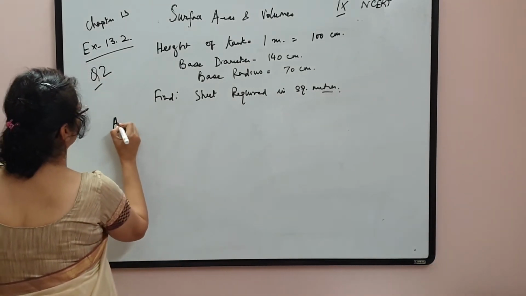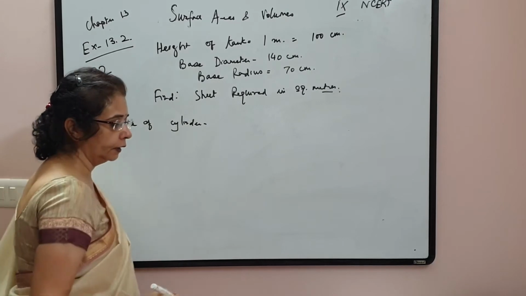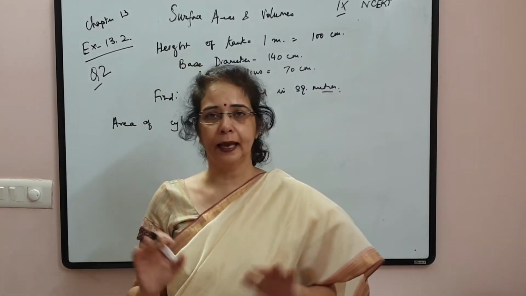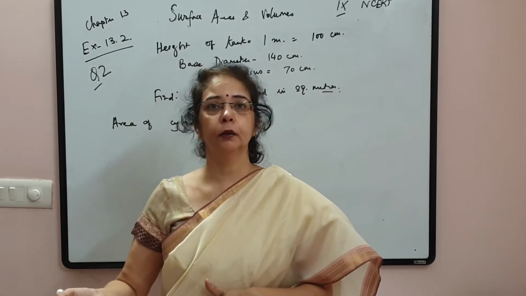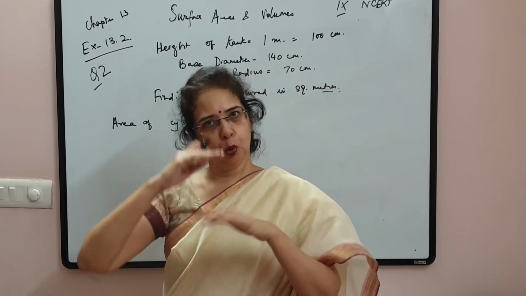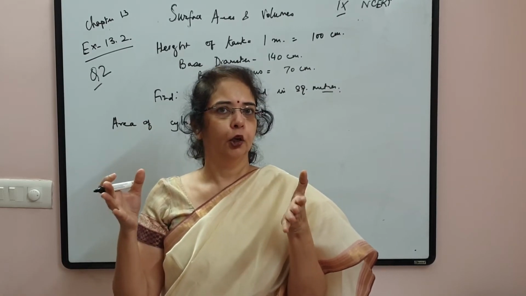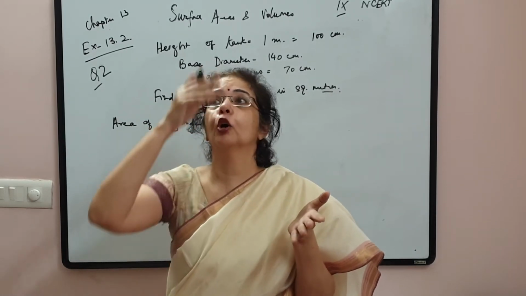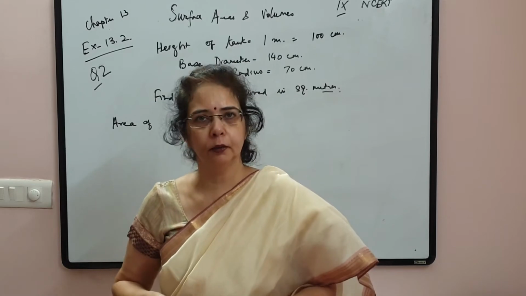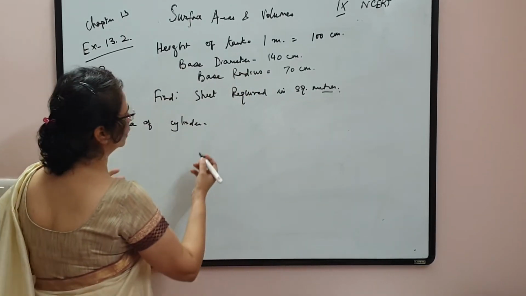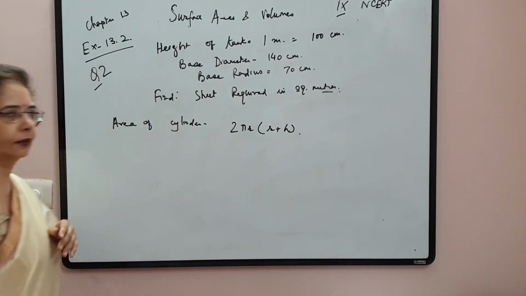Now let us calculate the area of the sheet required to make this tank. What is the area of the cylinder? Because here, children, you need to make a tank, and the tank has to be closed. There has to be a top, a bottom, and a curved surface. That means the whole surface of the right circular cylinder, 2 pi r into r plus h, unless specified that it does not have a top. But they have not specified such a thing. So there is a top, a bottom, and a curved surface. The area is 2 pi r into r plus h. I taught you this formula.